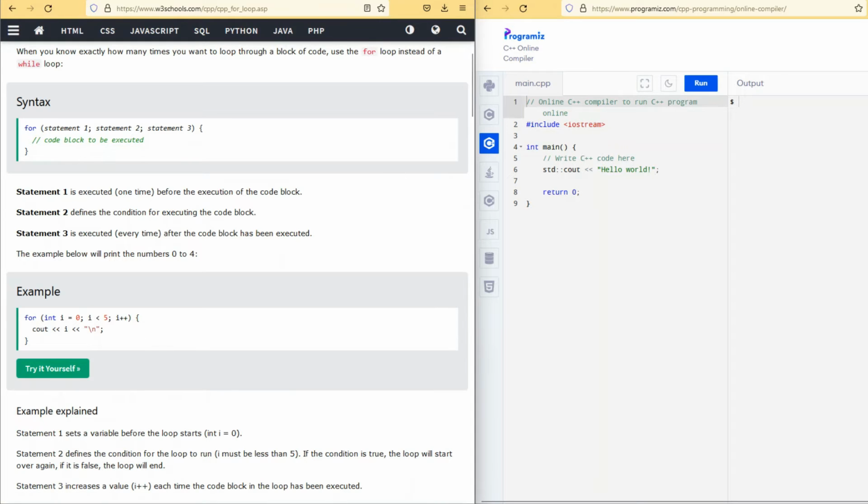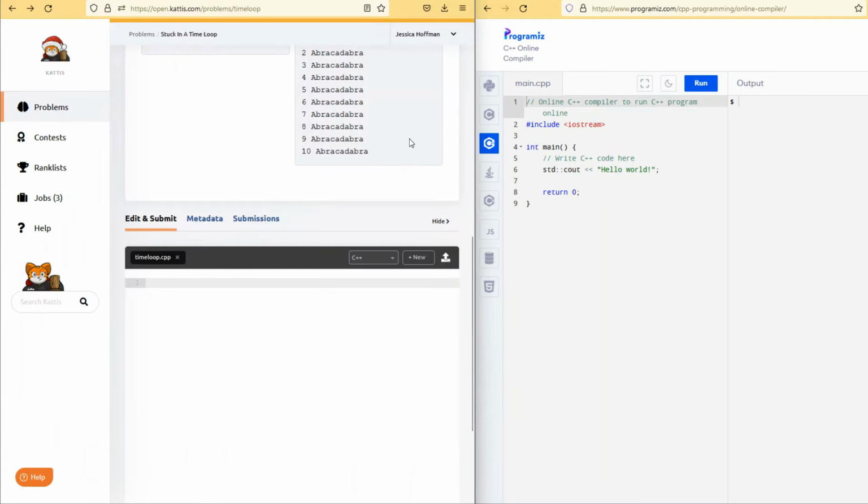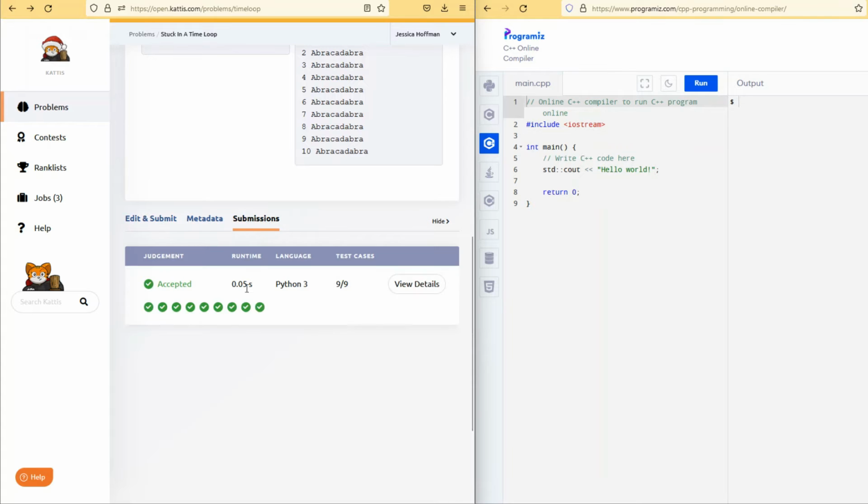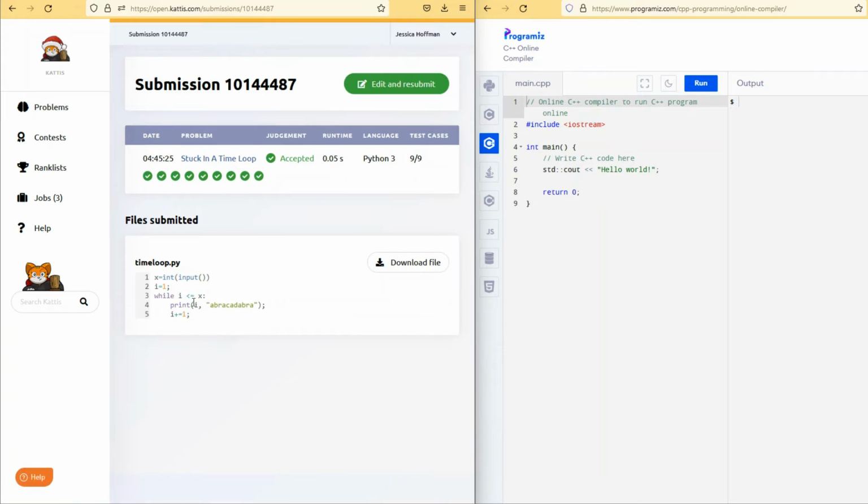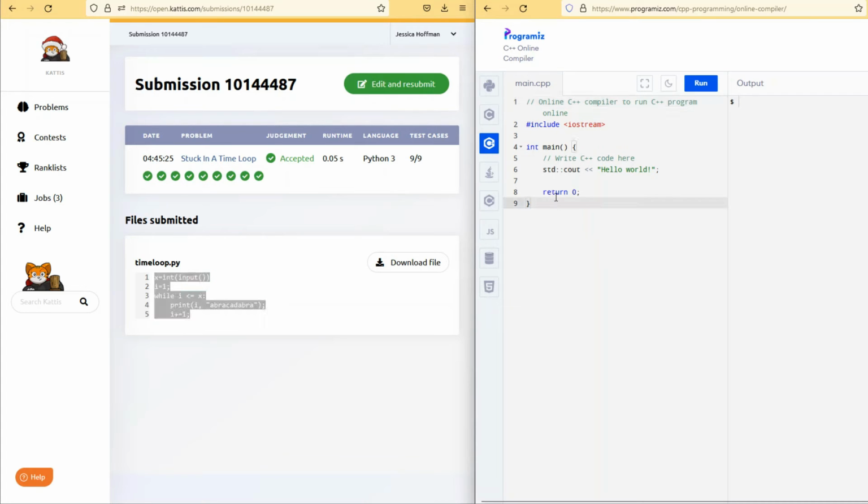The logic is going to be the same in pretty much any language, Java, Python, C++, but the syntax and sometimes exactly how you go about implementing it will be quite different. So in Python, I defined an integer from user input, set a counter of value i equals 1. And for Python, I used the while loop just because the for loop in Python is a little bit different from like any other language, basically. But for C++,